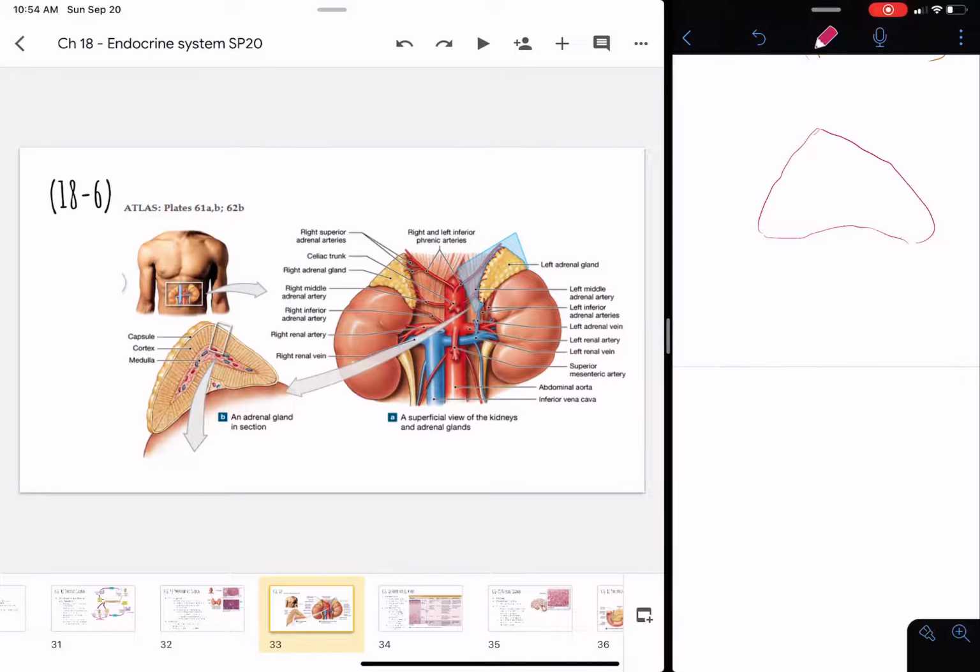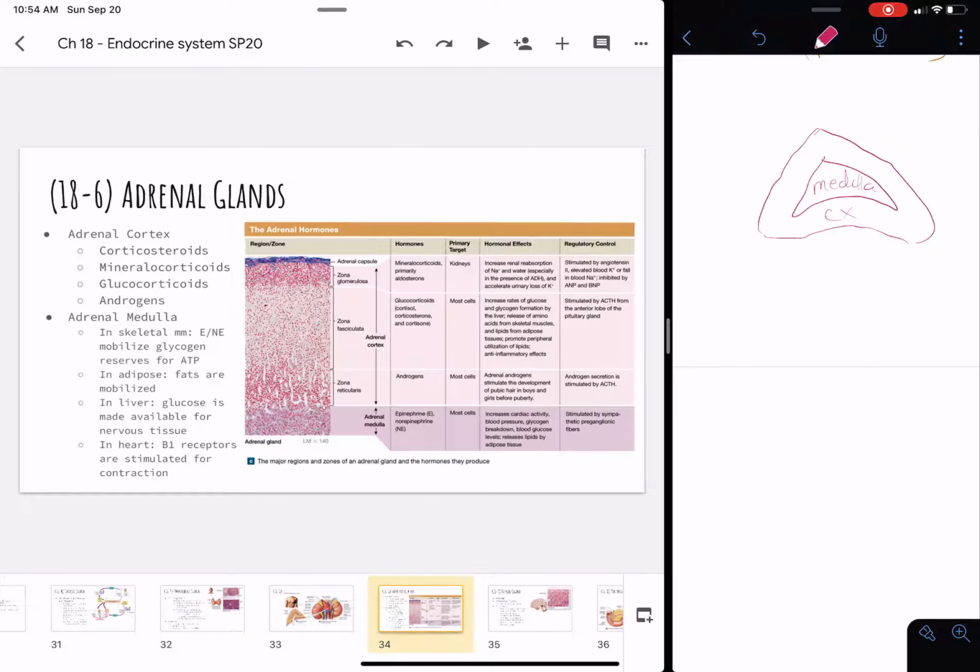both sides. And they'll have a cortex, which means bark. So that's always going to be the surrounding portion. And then they'll also have a medulla, which is going to be that inside portion. So adrenal medulla, adrenal cortex, respectively. And the reason why we identify the separation between these two is that they have very different functions and very different cells. In the cortex, we'll be making corticosteroids, mineralocorticoids,